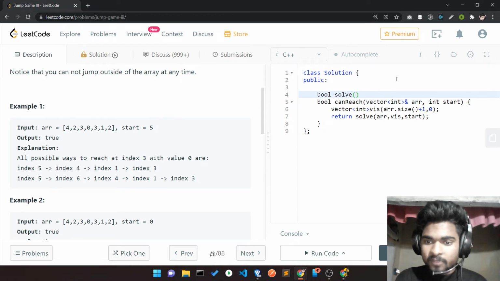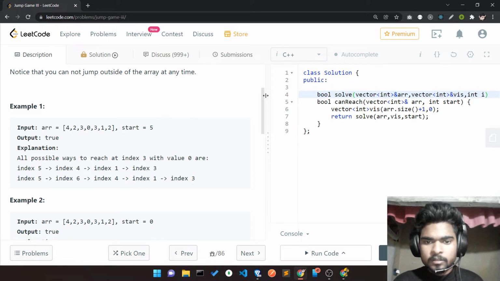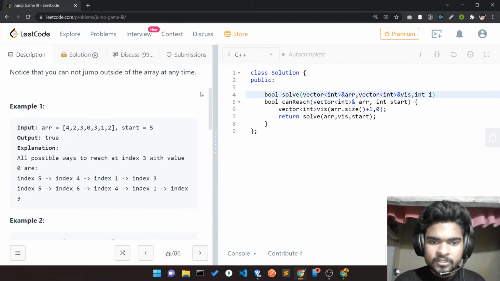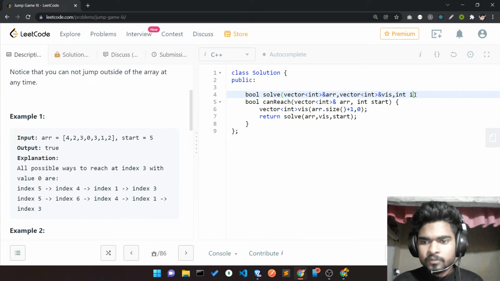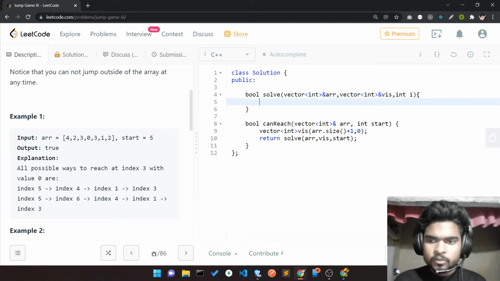It's my BFS function, which takes the first parameter array, vector int visited, and the last one, the start index. So this is my function.